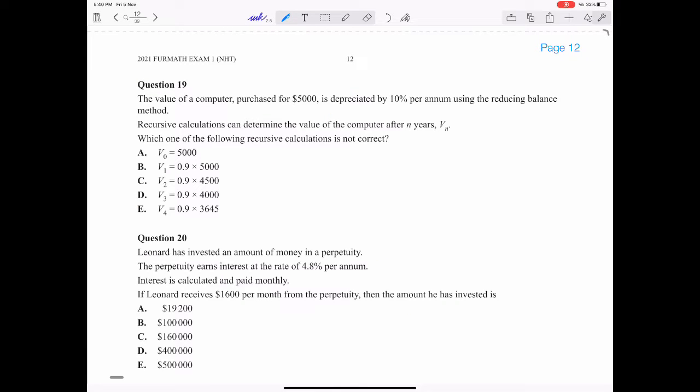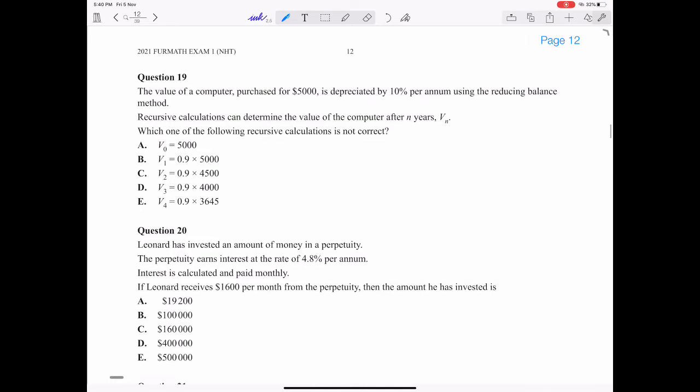Question 19, the value of a computer purchased for $5,000 is depreciated by 10% per annum using the reducing balance method. Recursive calculations can determine the value of the computer after n years, Vn. Which one of the following recursive calculations is not correct? So first of all, we need to determine what the recurrence relation is. So we know that the initial value is 5,000, so V0 equals $5,000,